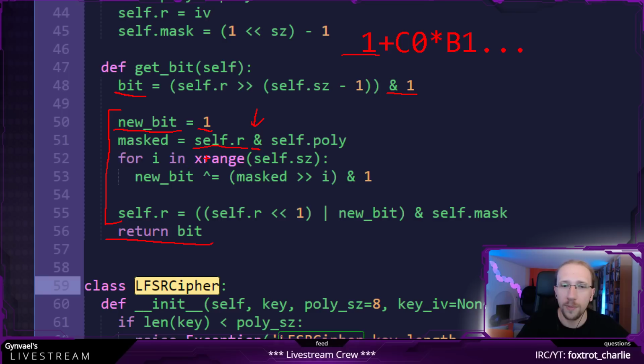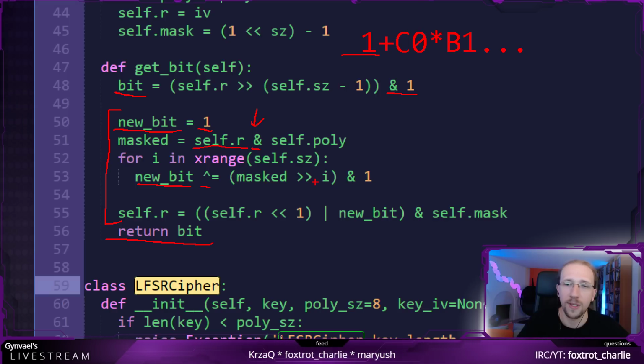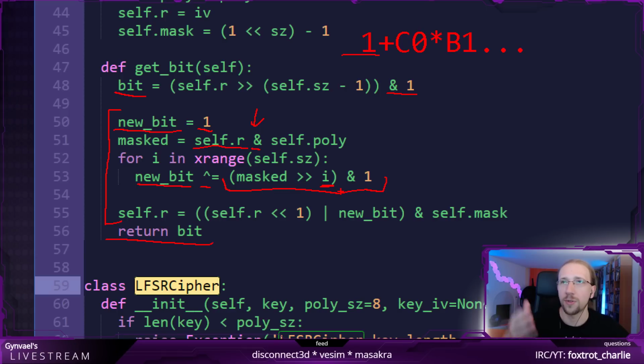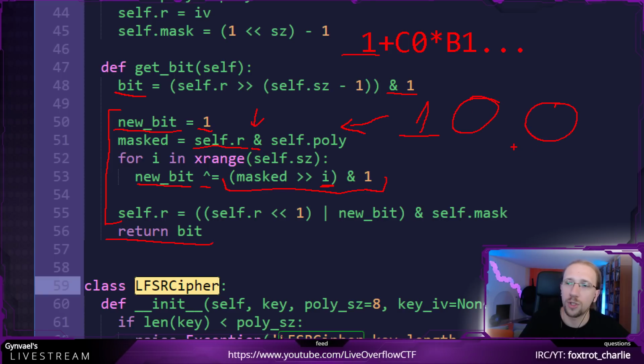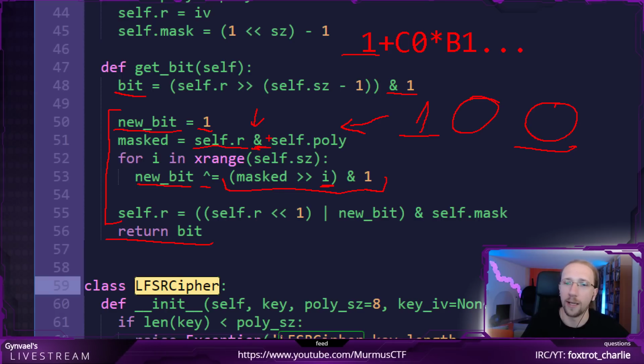And then for all the bits, we XOR the new bit with the selected bit. This is just selecting the ith bit from the masked register. So it XORs everything. It could be one of 3 things: a selected 1, a selected 0, or a 0 which is there due to the AND being applied.